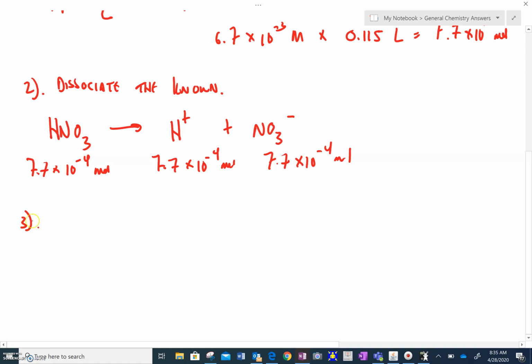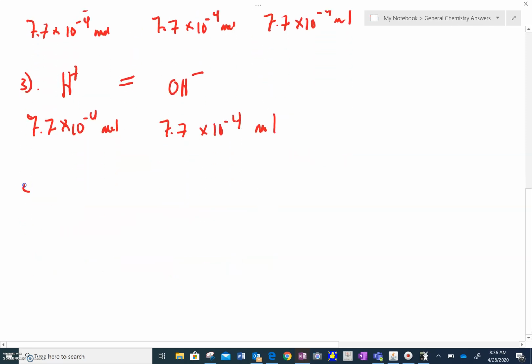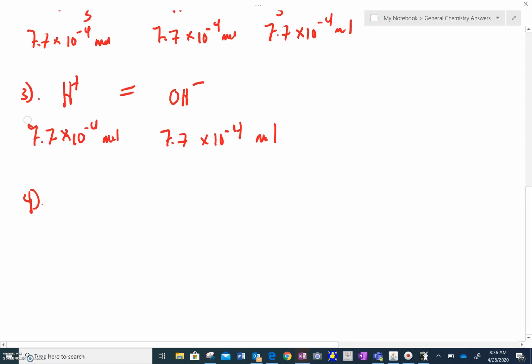Okay, this part is the easiest because H plus and OH minus are always equal. That's the point of a titration. You're neutralizing. Every H plus you have, you're neutralizing with an OH minus. So if you have 7.7 times 10 to the negative 4 moles of H plus, you're going to need 7.7 times 10 to the negative 4 moles of OH minus. All right. This is where things get a little different, but don't panic. We're going to reassociate